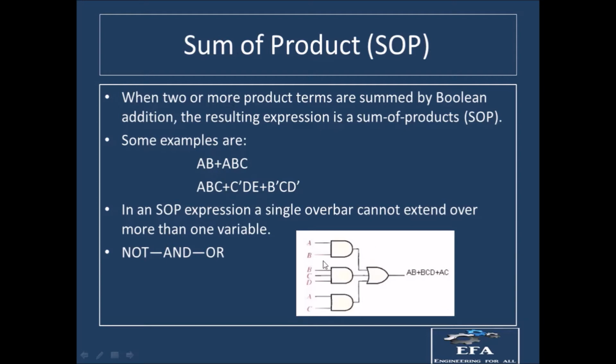There is an example over here. No NOT gate is drawn here, but if we have a NOT gate in the expression, then first of all we need to draw the NOT gates. The second part will be the AND gates, and the outputs from them will be passed through the OR gate over here. You need to understand this first when you are supposed to make circuits out of the SOP type of expression.